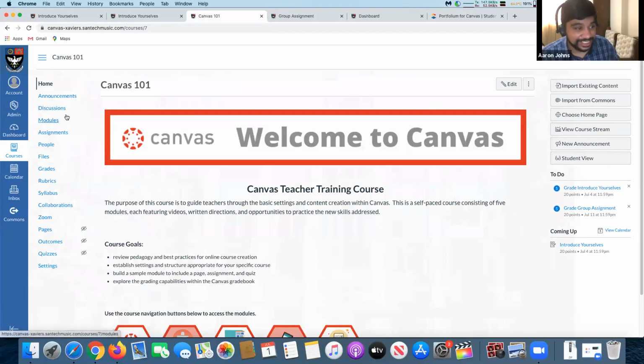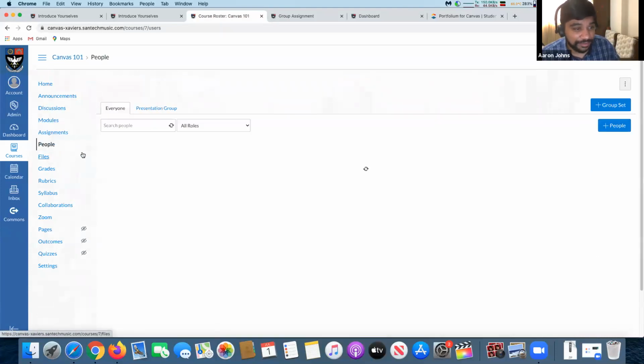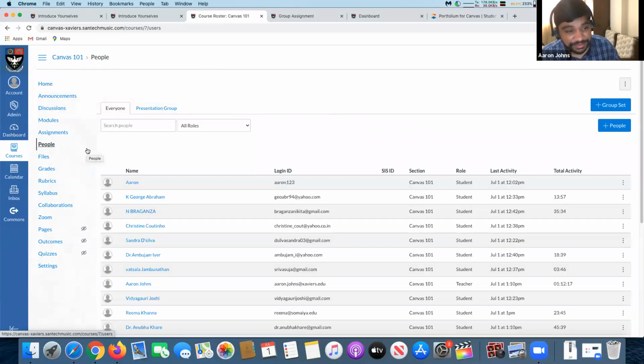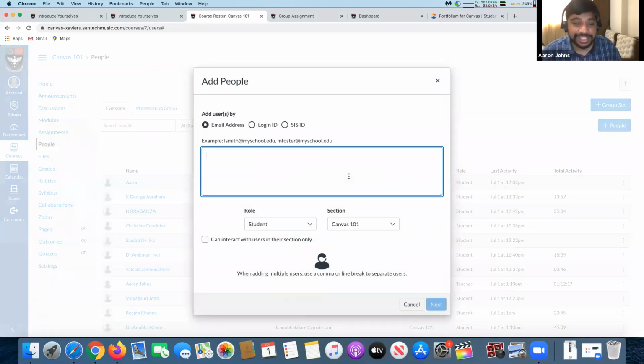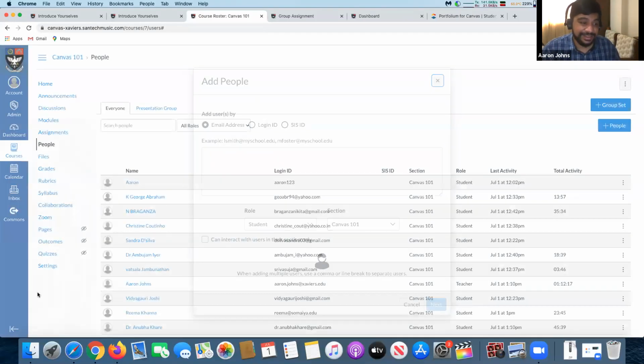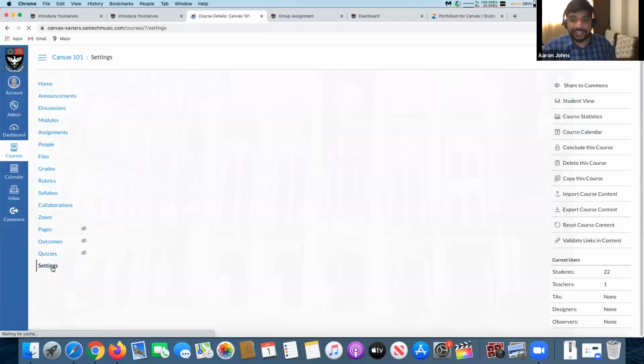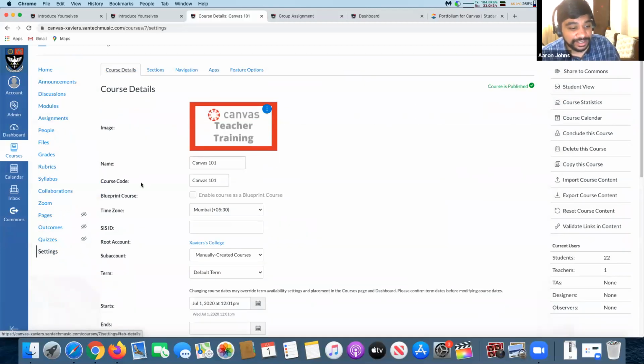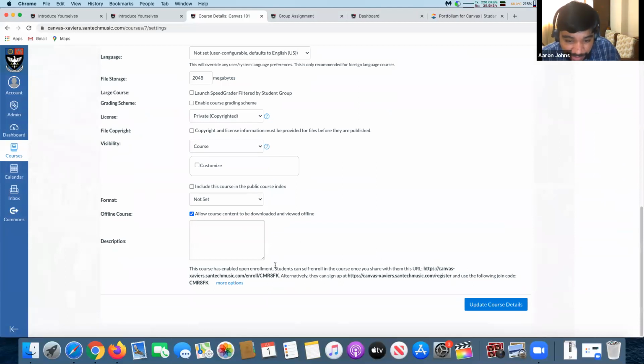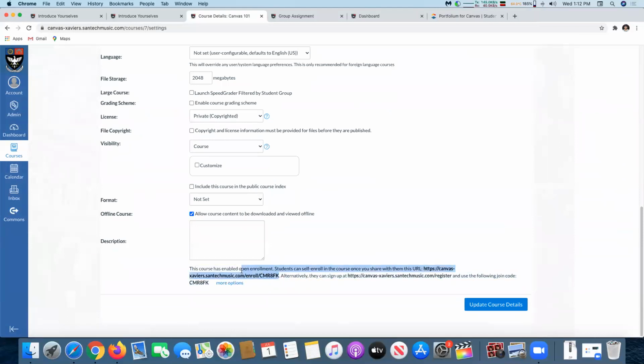See, to add students and professors, even with the free version of Canvas, you can do that by adding people manually or by giving them that join code. You remember I gave you a join code, right? So you can add the email addresses manually over here, line by line. You're getting it, right? Like this, you can add those email addresses and send it to them. Or to make your life easier, instead of doing manual data entry, we have that join code at the bottom. Can you see it? So that way you can do it.